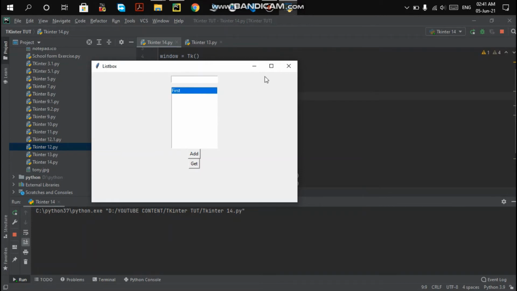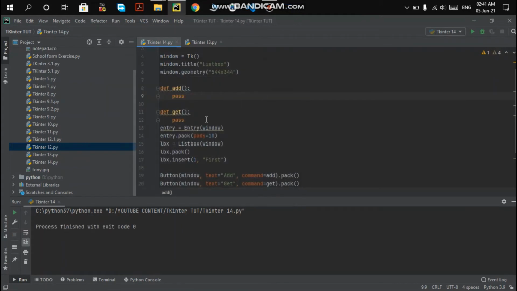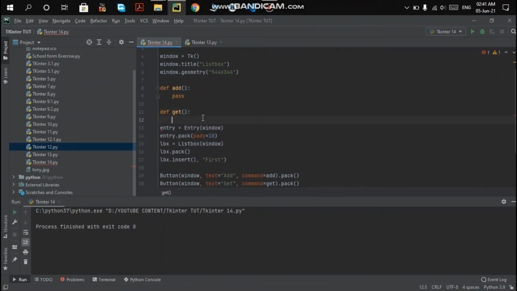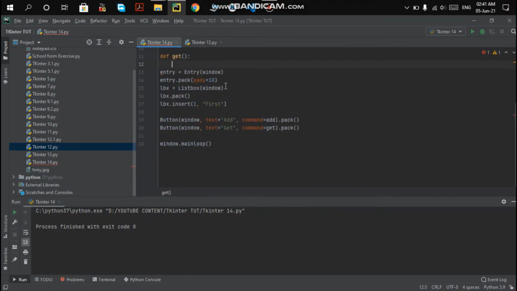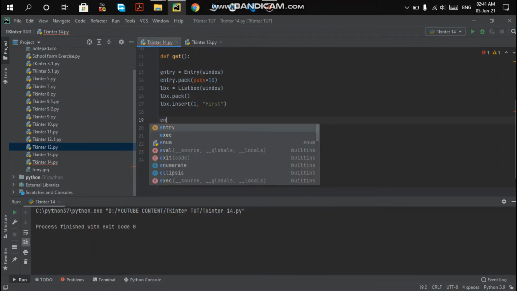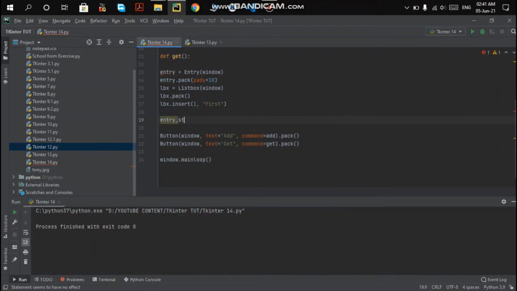So now I'm going to get the values that are inside the entry box. I'm going to remove this, and to store the values, let me create a string variable here. So entry_str is equal to StringVar.